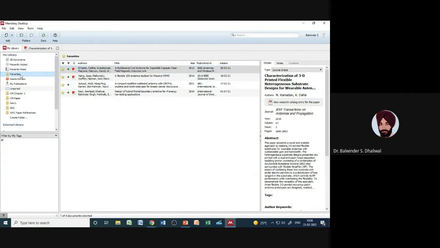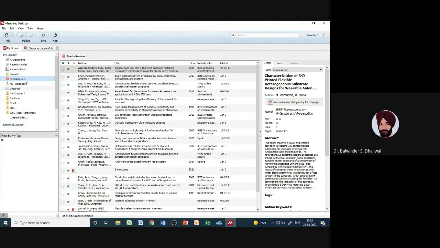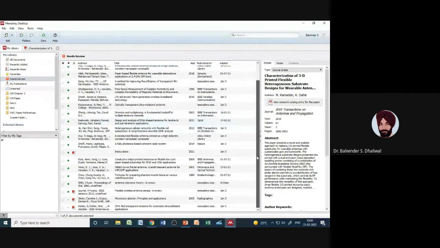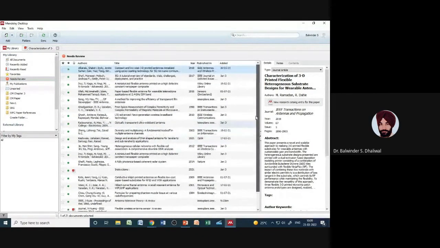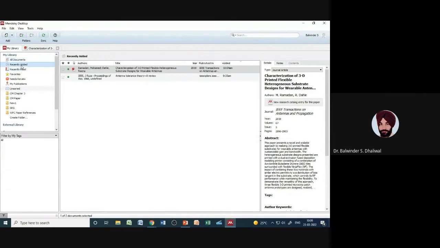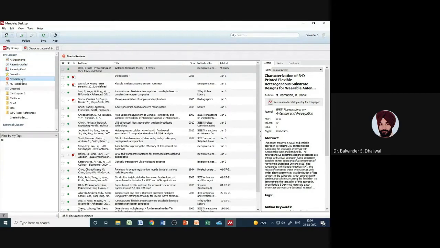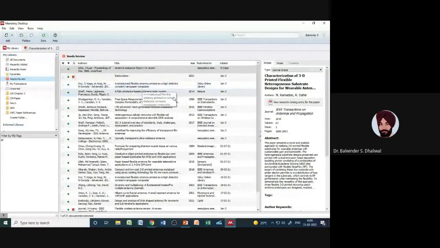Similarly, I can mark certain articles or entries as favorites, so those will be visible here. Needs review. So this is a very important option. Whenever we add any document into this Mendeley account, it is also stored in this needs review. The document recently added will also be there, because many times Mendeley wants to confirm that